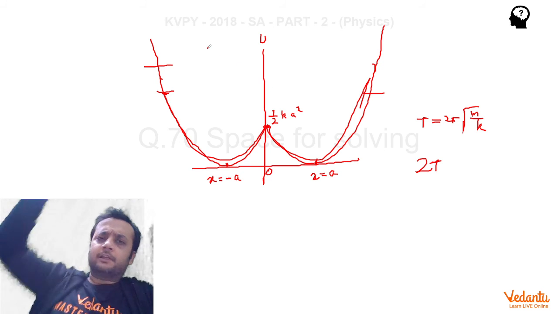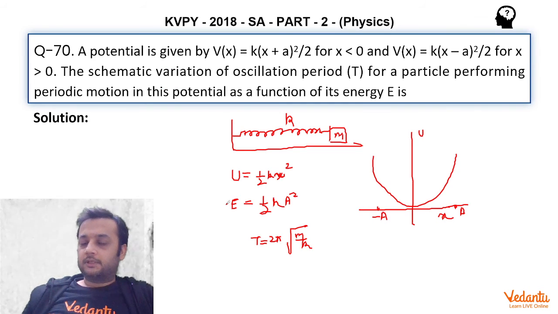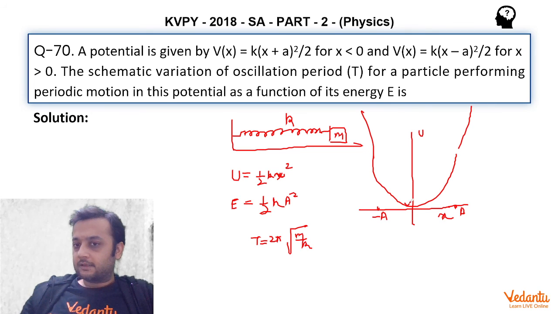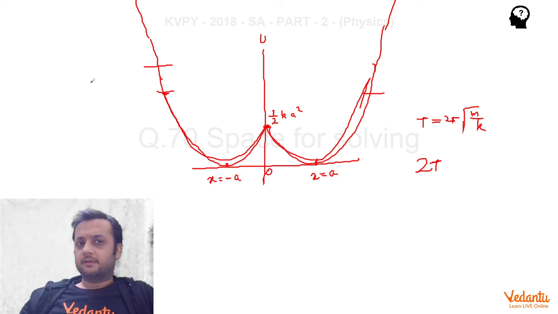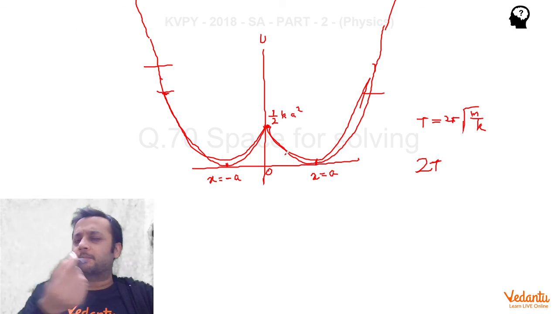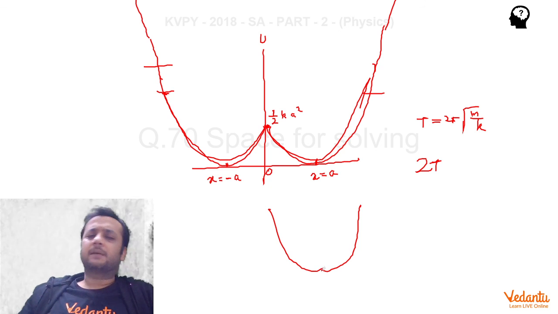When you increase the energy very large, this branch will extend to a very high value. Now think carefully. So again go back to this function. This has become so large that this thing becomes a minor blip. That means it is just a very small blip. Effectively it will be a parabola only, like this. So again it has become a single well. It's just a slight hiccup over here. The particle is moving like this with a slight hiccup over here. So again the time period will become t only.